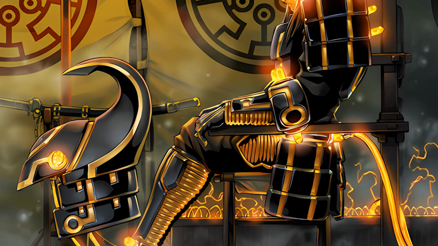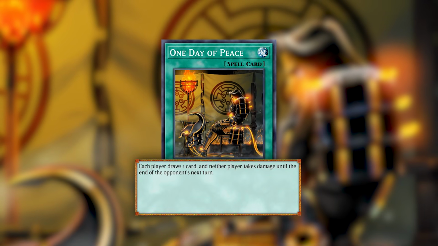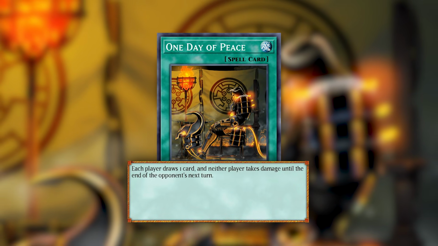And the thing that made this deck particularly viable was the freshly released One Day of Peace. This card would let both players draw a card, but also prevented any damage from being dealt on the next turn, which would effectively save you for a turn while also drawing a card. It's basically Wabaku and Upstart Goblin rolled into one card,